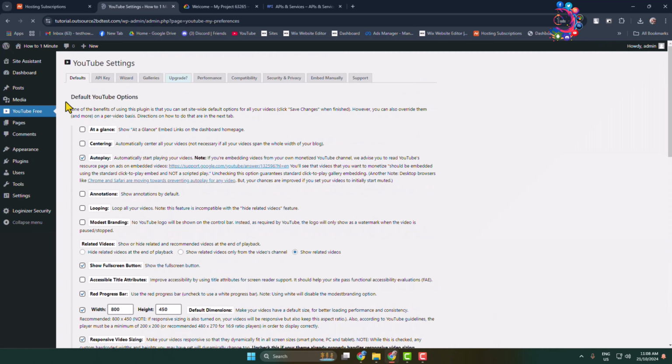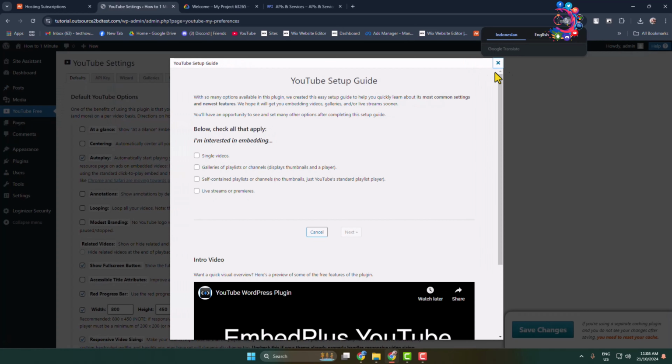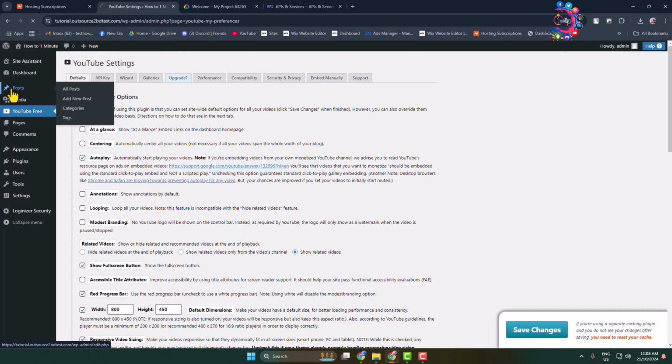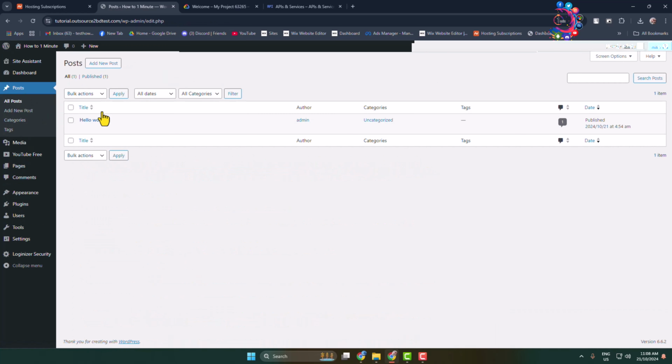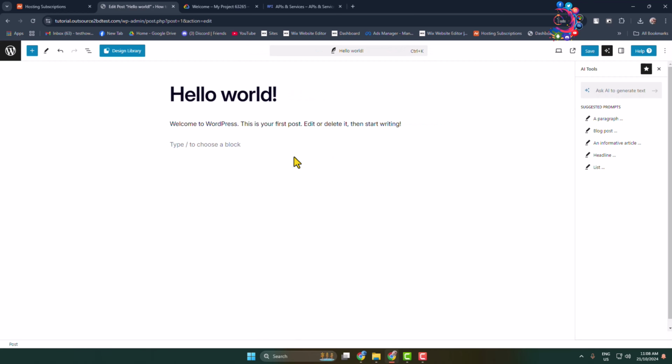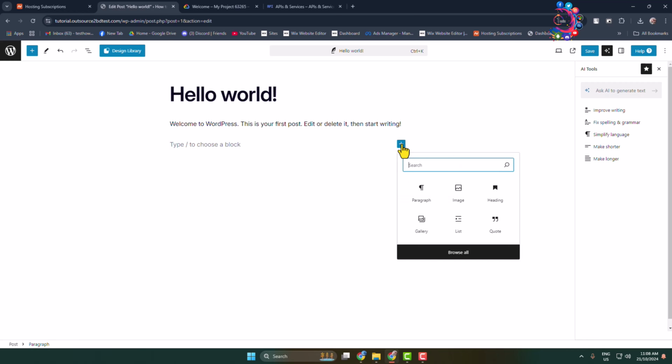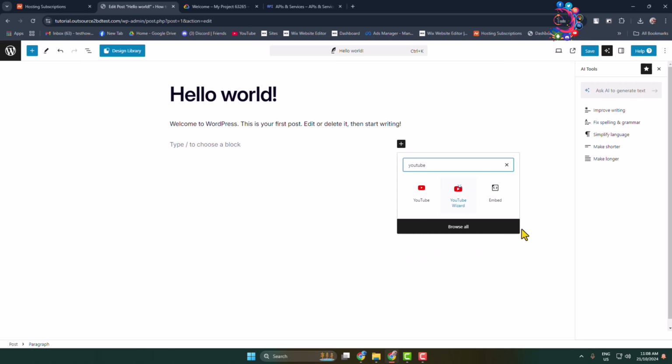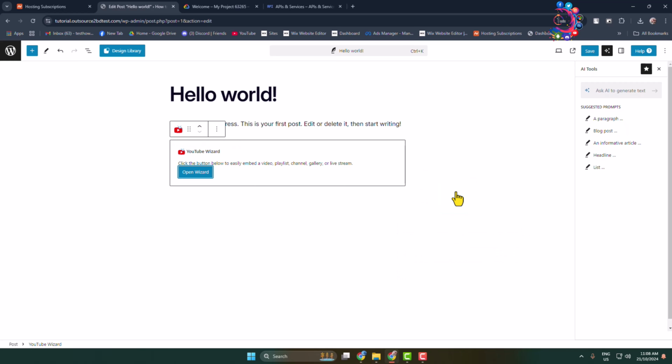And now all you have to do is go to the post or page where you want to embed your YouTube video gallery. Now let's edit an existing post. For example, once you are in the post or page editor, add a new block and here you have to type YouTube and select the YouTube wizard block. Here click on open wizard,